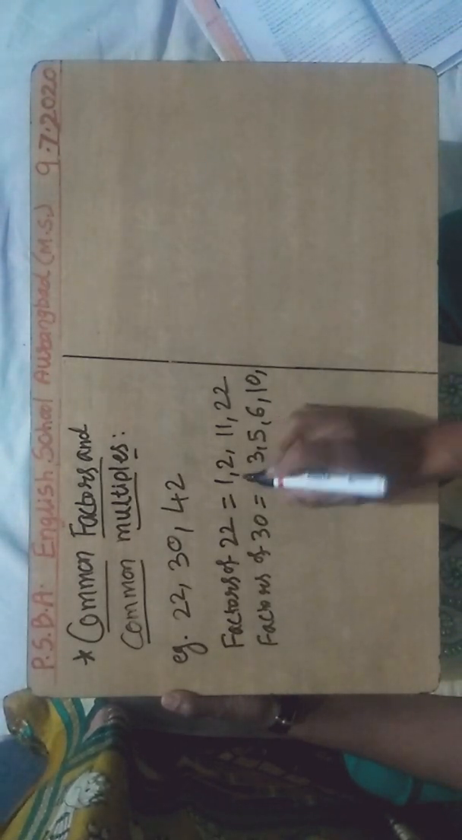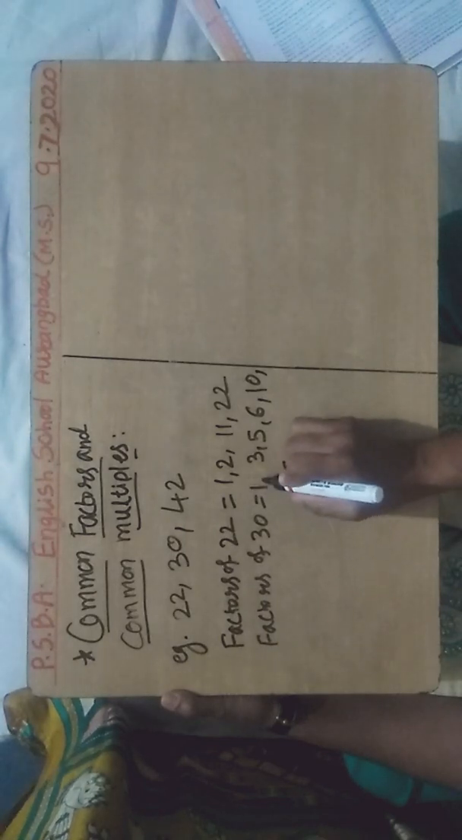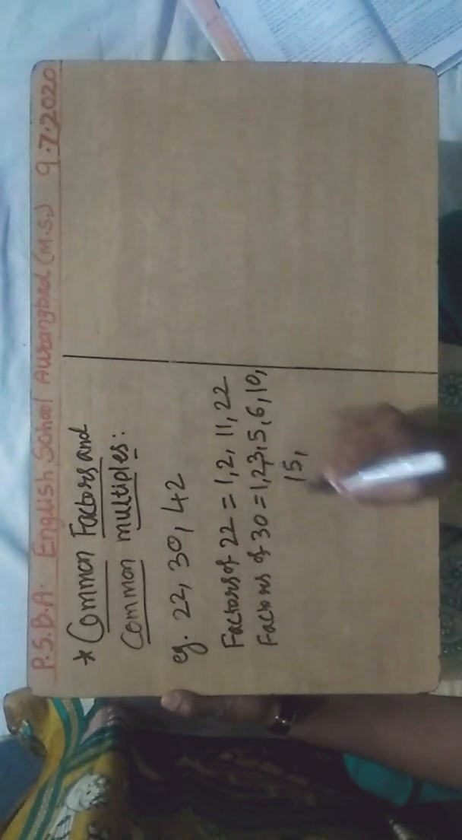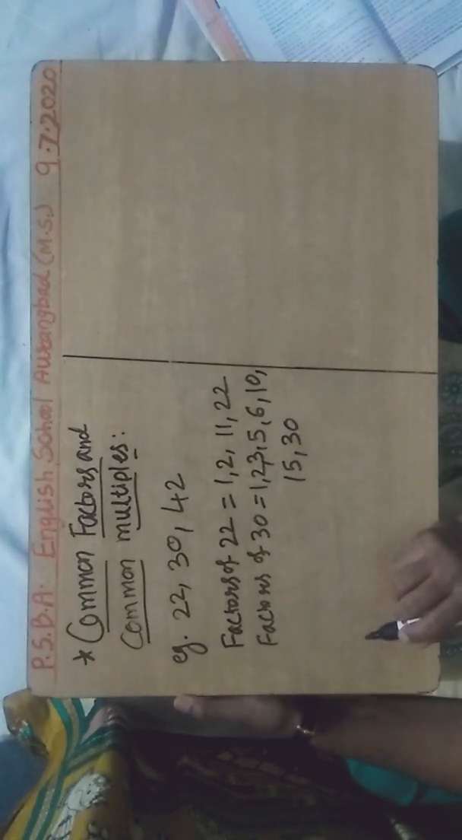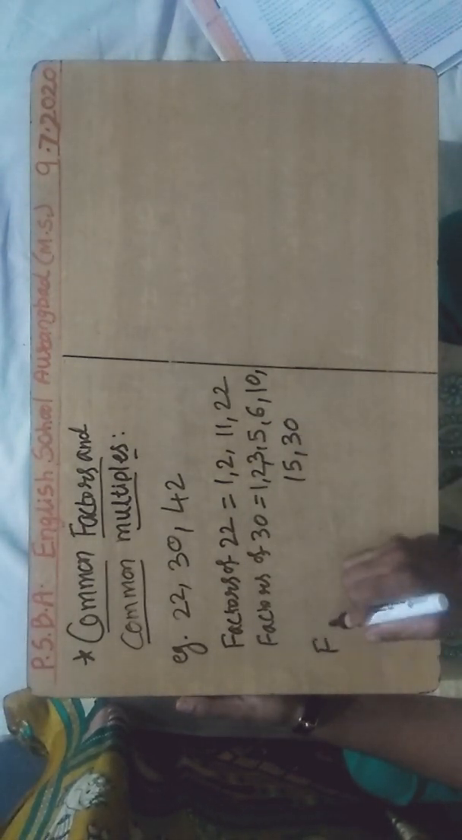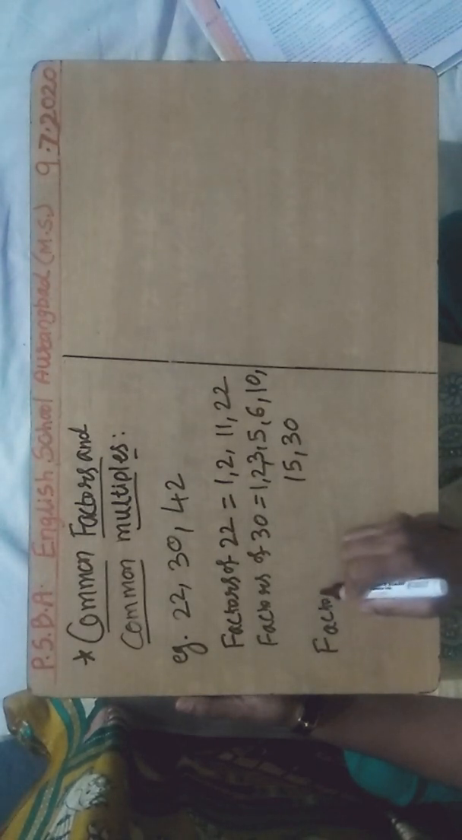So after 1 here is 2. 1, 2, 3, 5, 6, 10, 15 and 30. These are the factors of 30. Similarly, we can find factors of